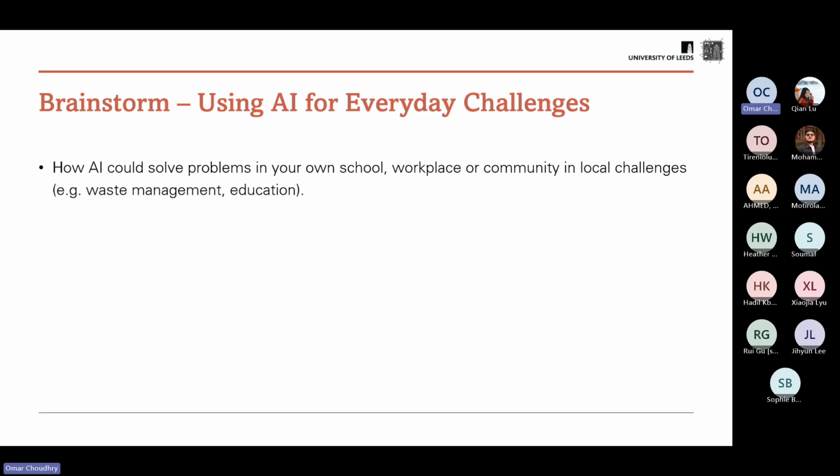What are the potential problems that you see that maybe AI could solve? So I've given two examples, for waste management and education. With waste management, imagine you could have an AI developed on cameras that was able to see when people are littering, and something like that could be used to deter people from littering, something that is genuinely going to be a good thing for society. When we have reduced littering, our streets will be cleaner, etc.